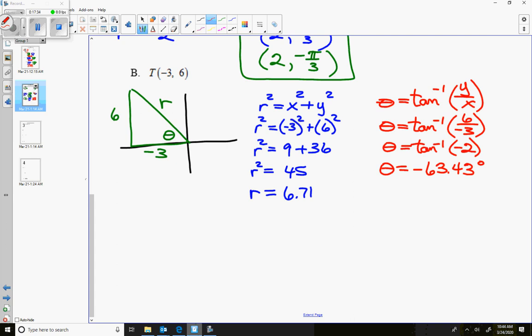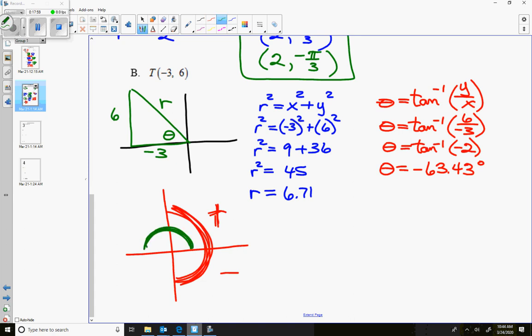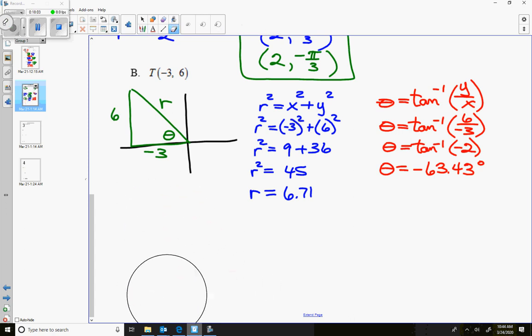So what did the calculator tell me? It told me the quadrant 4 angle. Okay. Remember when we were talking about sine and tangent? Sine and tangent go back and forth this way. Positive in quadrant 1 and negative in quadrant 4. Whereas cosine goes quadrants 1 and 2. So, point being, the calculator just gave me